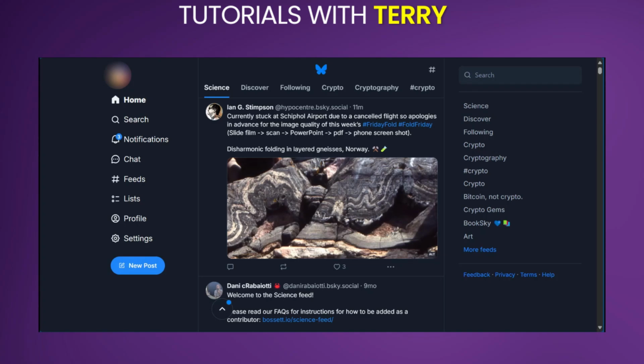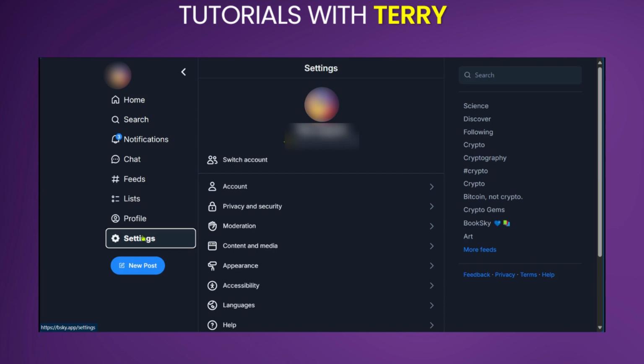Hello guys, in this tutorial we'll be showing you how to use a domain on Bluesky. You can use a domain on Bluesky to change your Bluesky handle, and in order to do this we can go